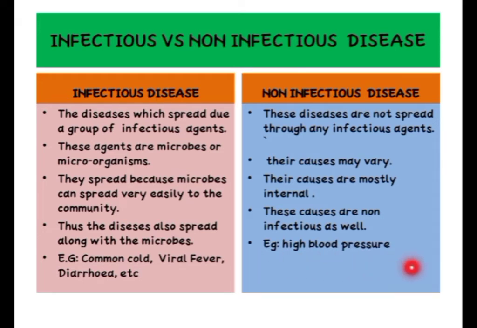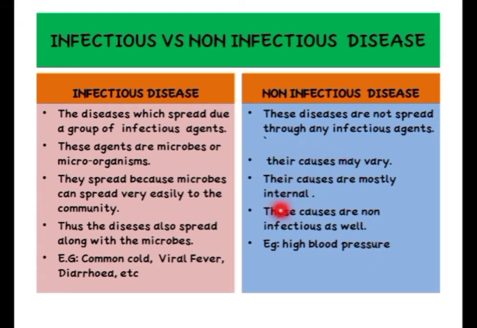Examples are high blood pressure. High blood pressure, we say, high BP, he's having a high BP. That means high blood pressure. High blood pressure does not transfer from one person to another simply. If somebody is having high blood pressure and you go near that person, you are not going to have high blood pressure, because the reason why that person is having high BP or high blood pressure is because